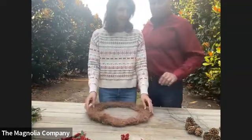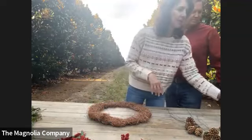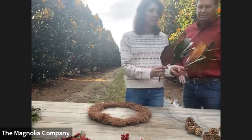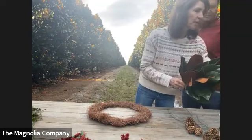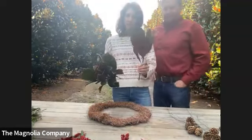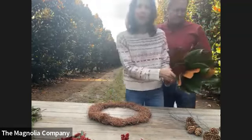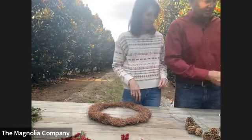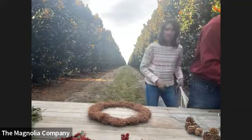Okay. All right, so basically your stems are an assortment of sizes. You might have some that are a little bit larger, a little bit smaller. If you just want to quickly look through, you don't want to pick one up that's this size. You want to try and look for a stem that's really full. So we'll let Matt pick a really full stem. You're going to start with a full stem. Let's go through here and find the one with the most volume